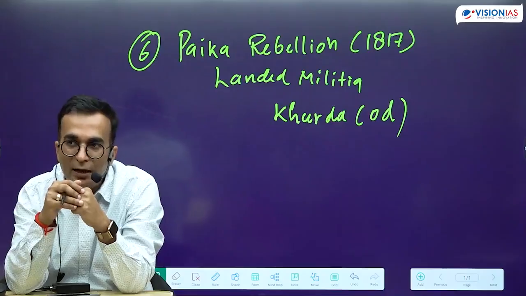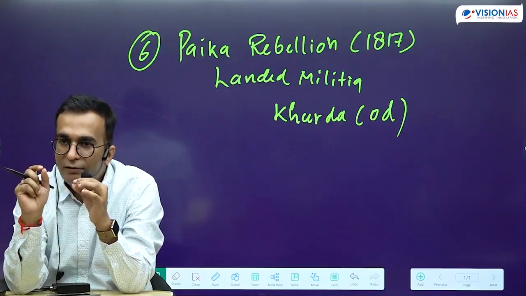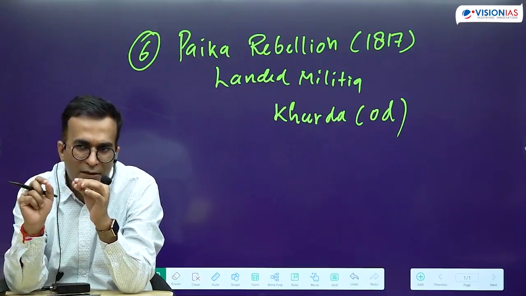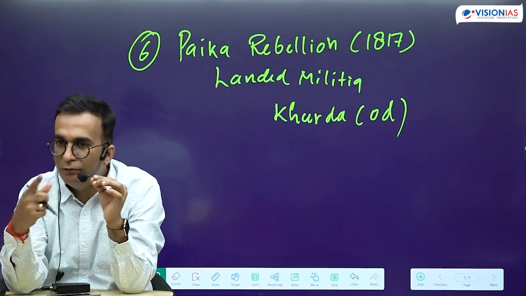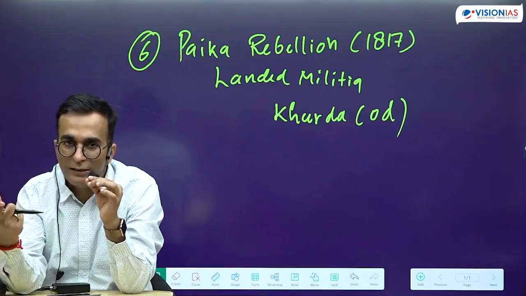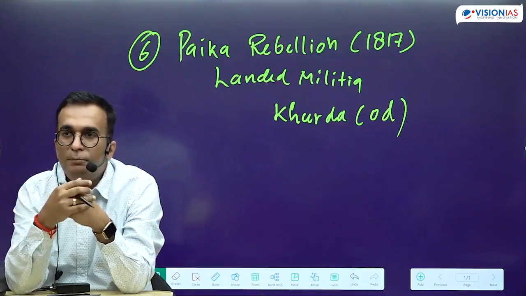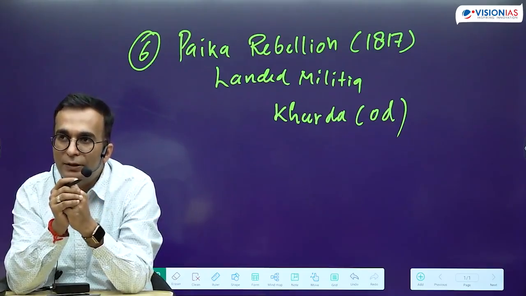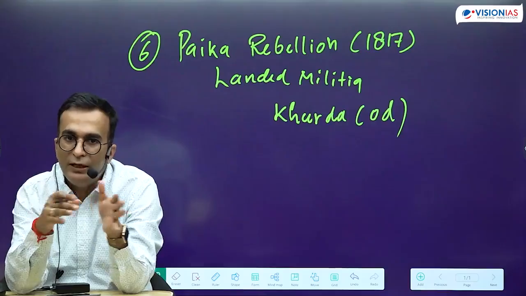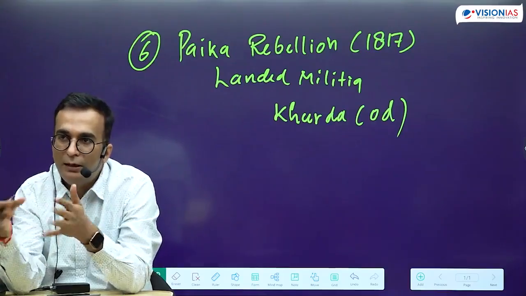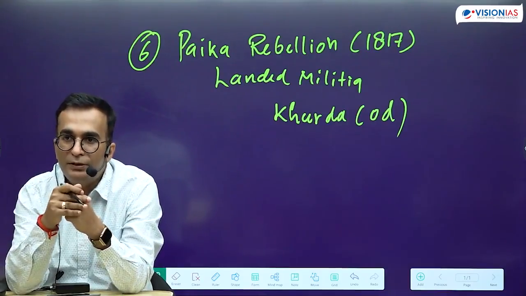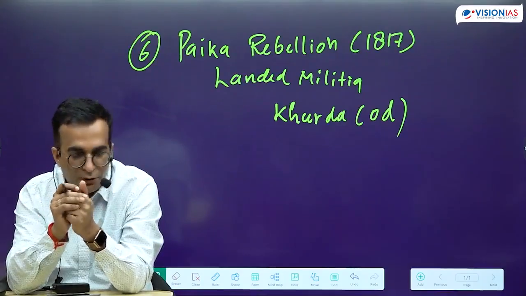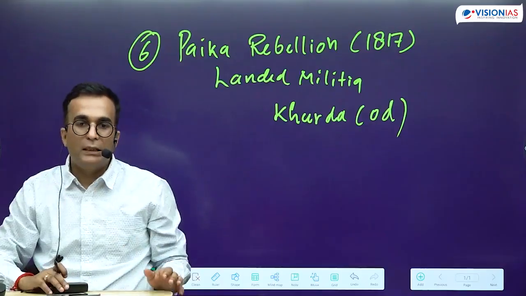But in 1817, the British revoked the rent-free status of the Paikas, meaning that from here onwards they would also have to pay taxes. When it was revoked, the Paikas organized a rebellion under the leadership of Bakshi Jagbandhu. Initially, they were successful in expelling the British from Khurda, but later on the British came with greater preparation and completely suppressed the revolt. So make a note, you write that